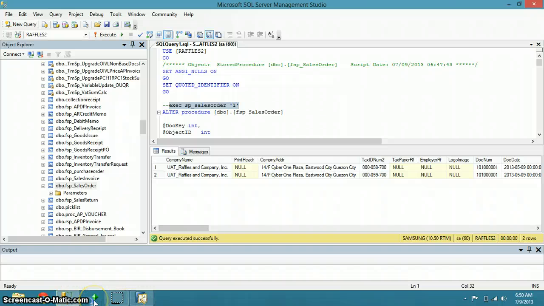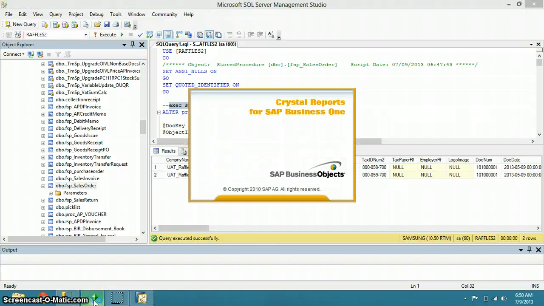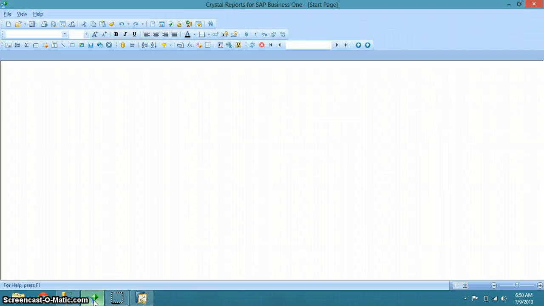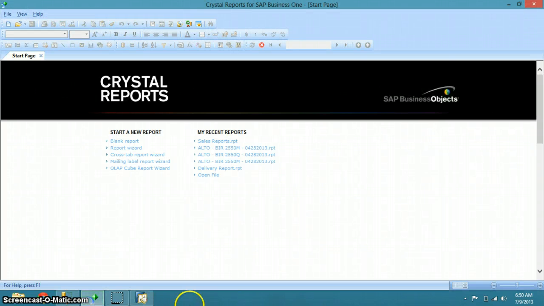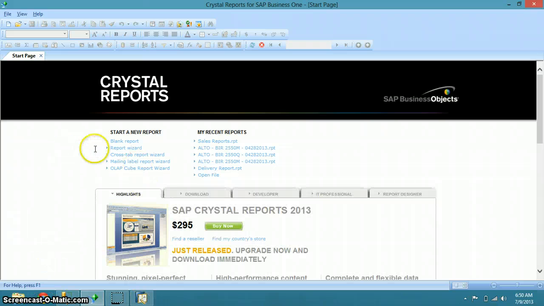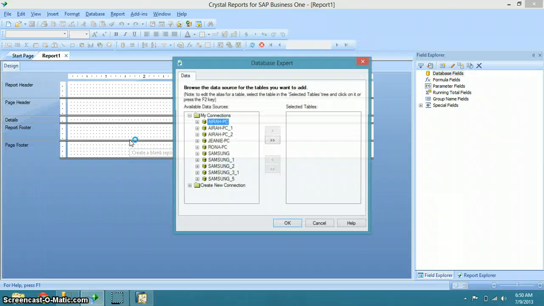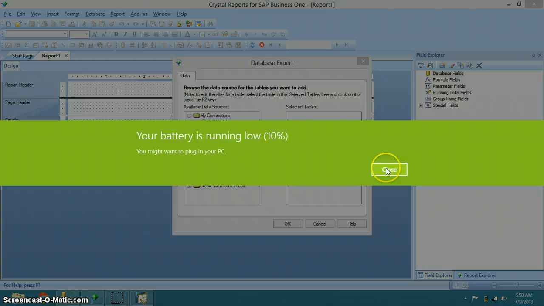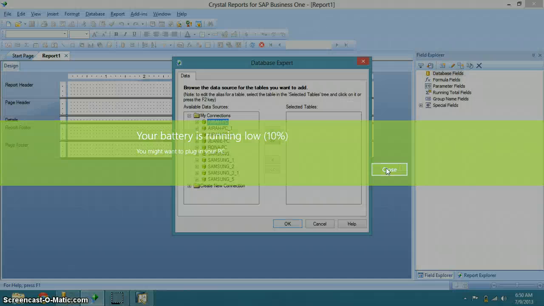Now we're going to open our Crystal Report and make one example for you. This will be very easy. Now we're going to click the blank report so we can start creating this database.